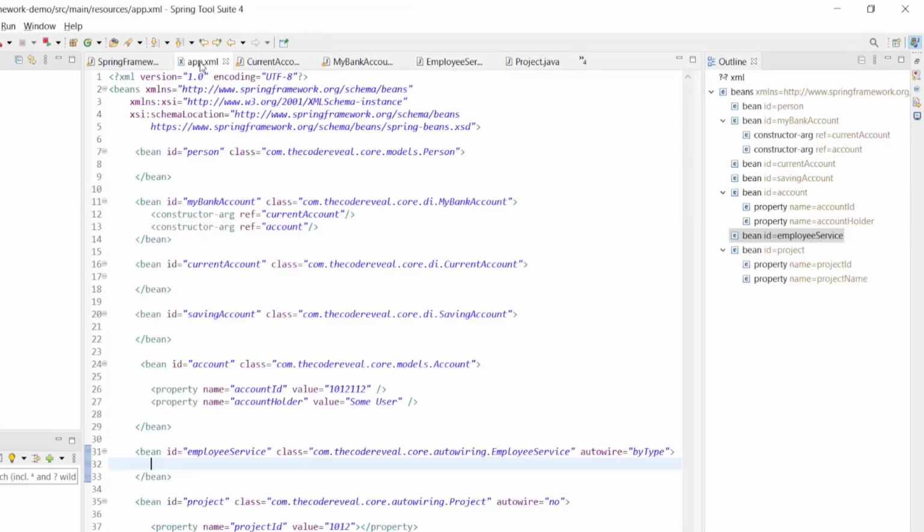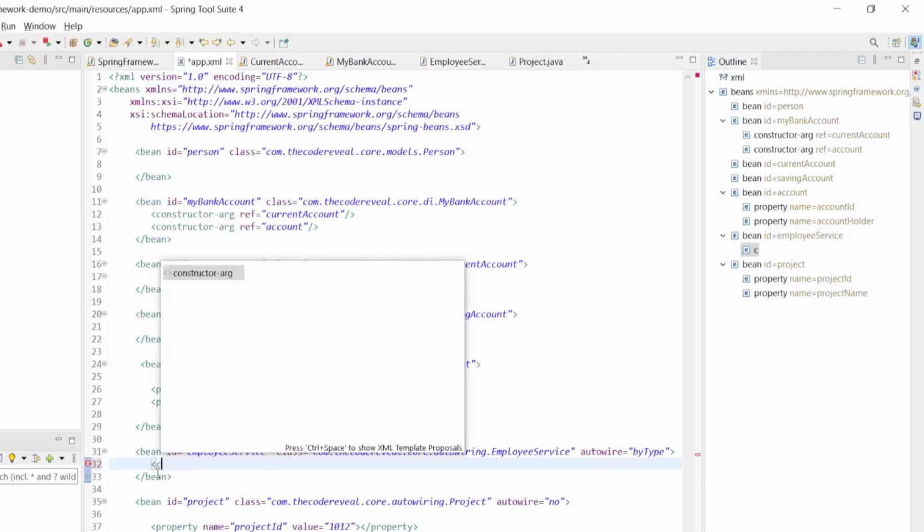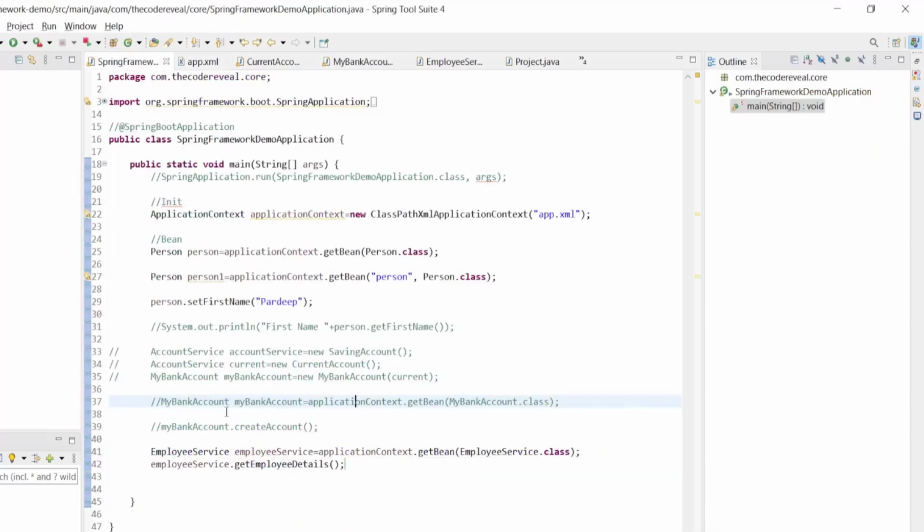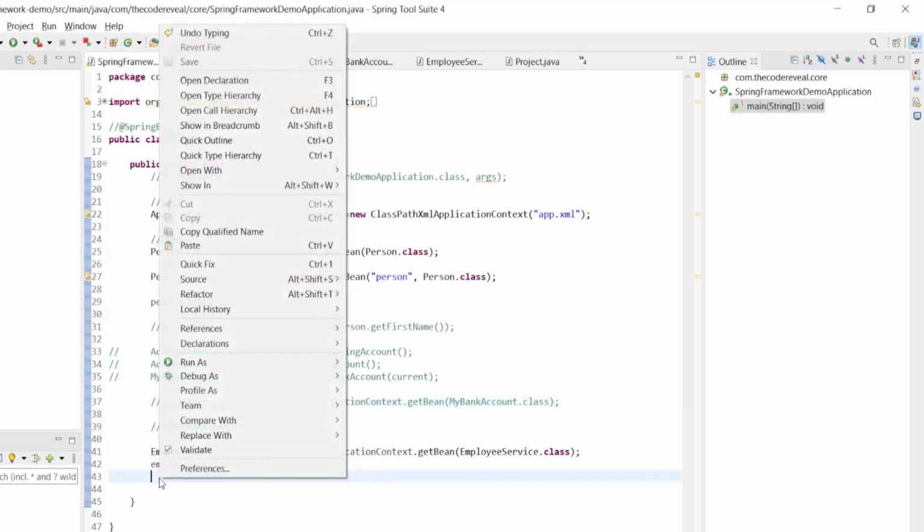And in the app.xml, now we define constructor argument type String, value Pradeep. And now we'll rerun this application.